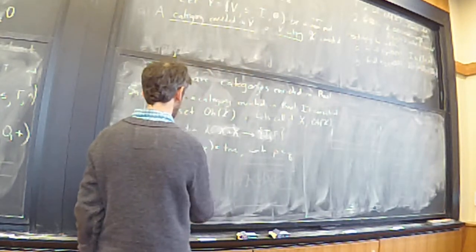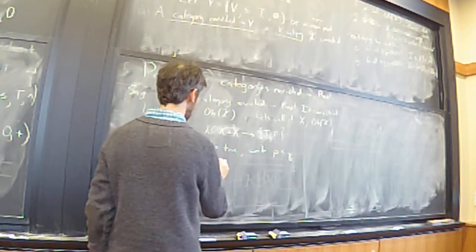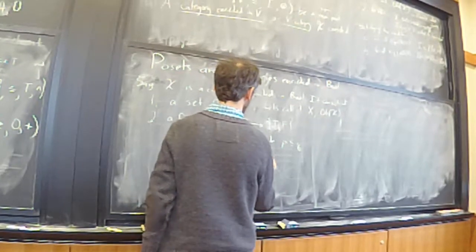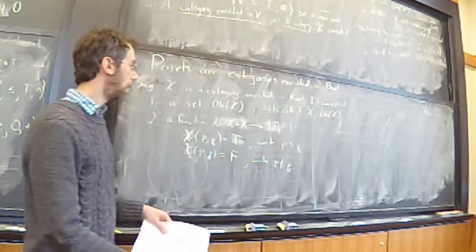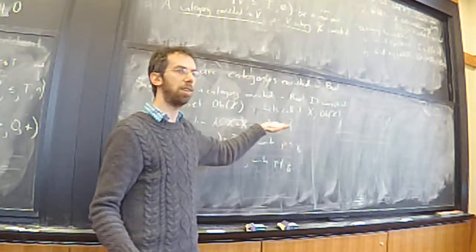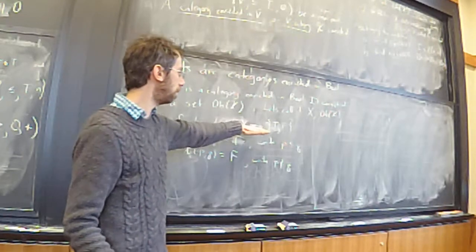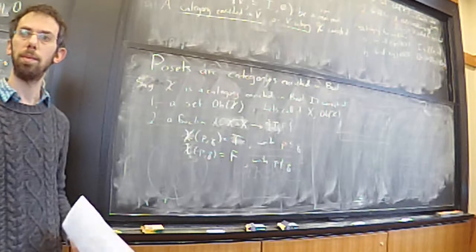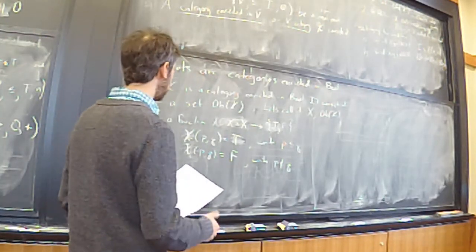And if X(p,q) equals false, because it could either be false or true, p is not less than or equal to q. So given two things, I get a yes-no answer, and that yes-no answer is telling me, is p less than or equal to q or not? So here's how I'm converting the